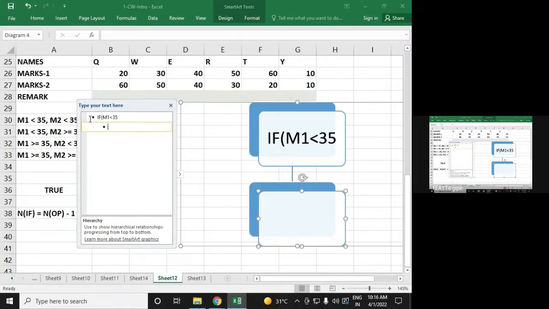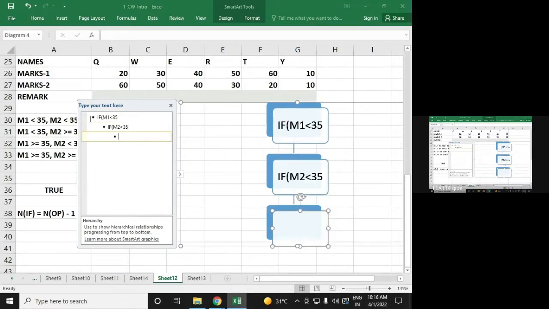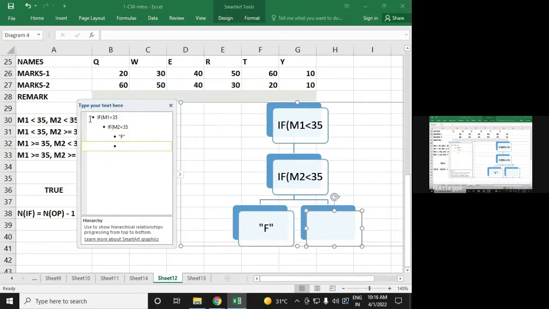If he has scored less than 35 in the second subject also, then we can define that the grade is F. Correct. So grade hoga F. But what if this is false? Then grade